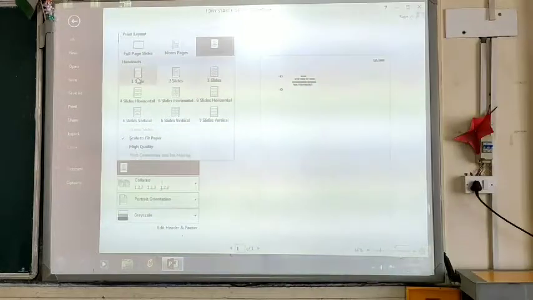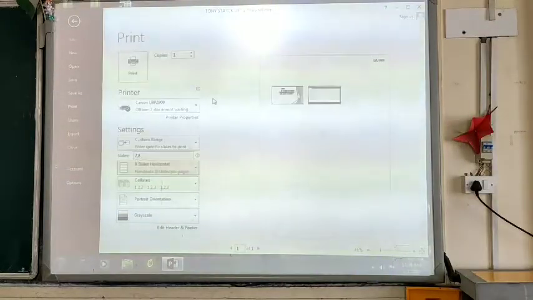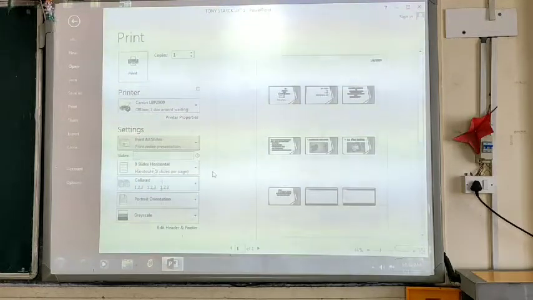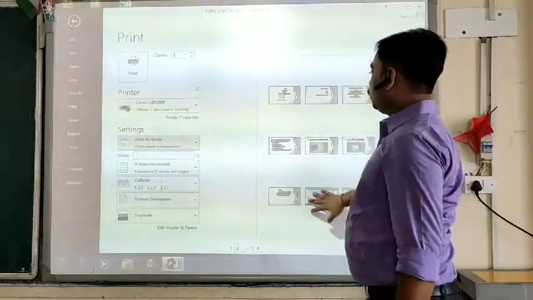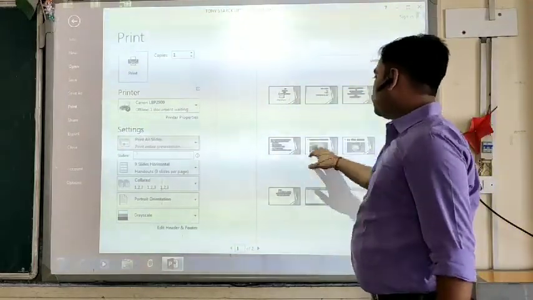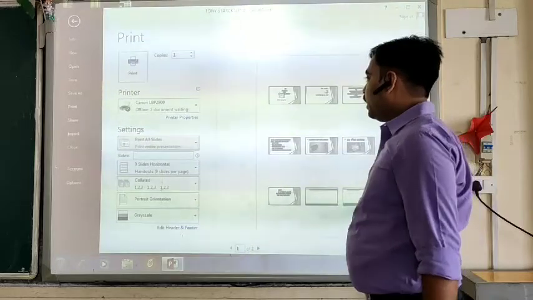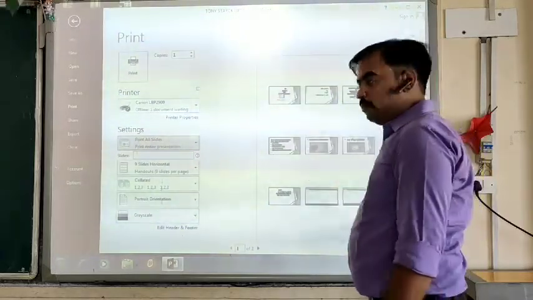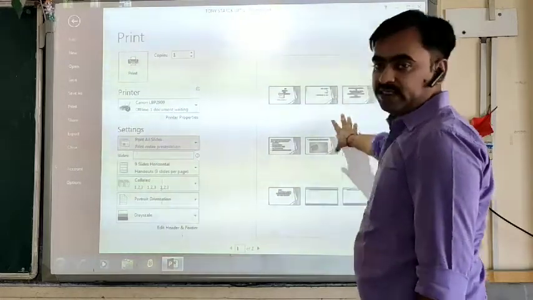Suppose we choose the 9 slides option. I select here print all slides, and I have selected 9 slides already. Now you can see the first 9 slides are shown here. That means slide numbers 1 to 9 will be printed on one page itself.